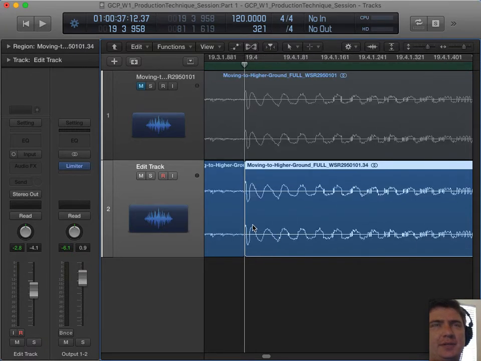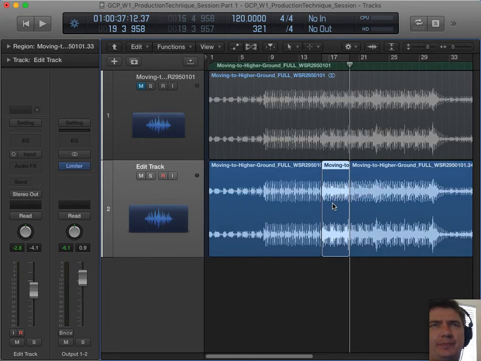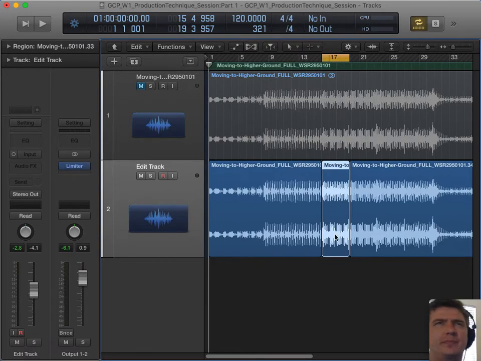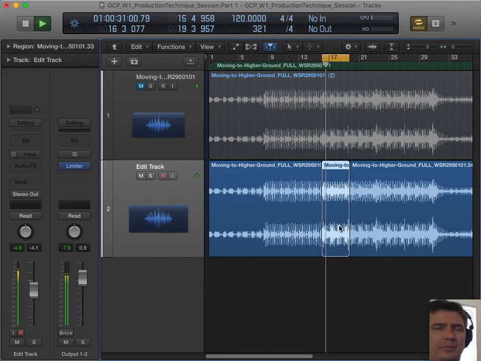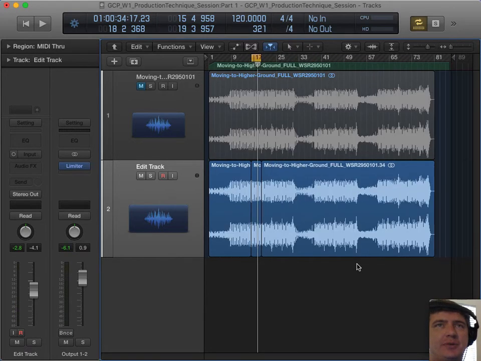Now, when I go listen to this, and if I set it up to loop, it should be a seamless loop. All right, and so that's just finding the downbeat to start the loop, and then the next downbeat to end the loop, making edits as tight and close to it as possible, while still paying attention to zero crossing points.